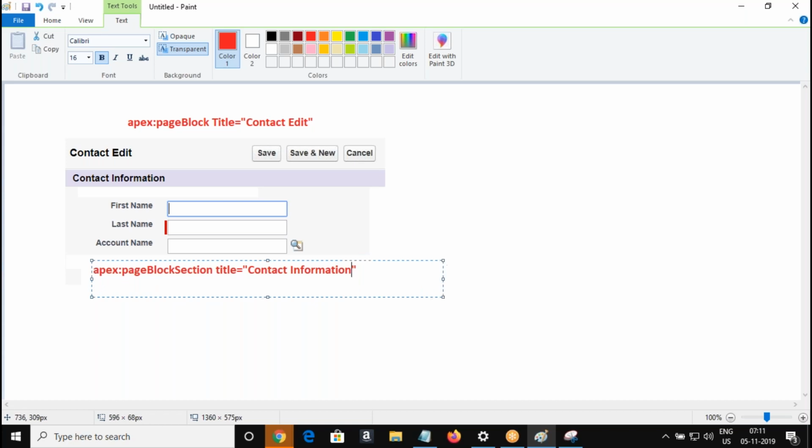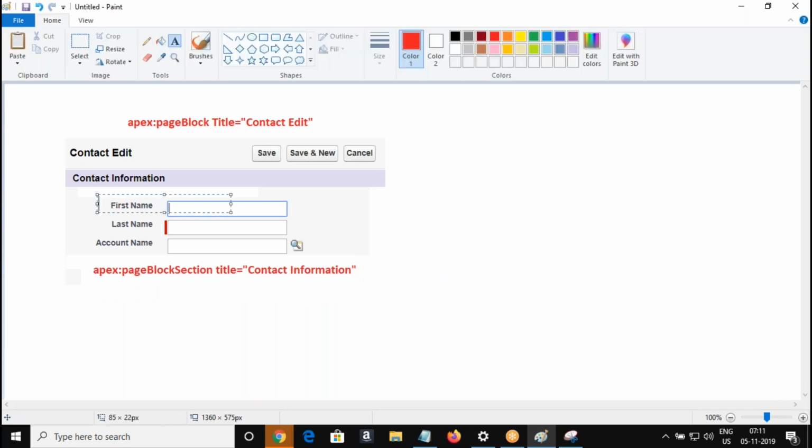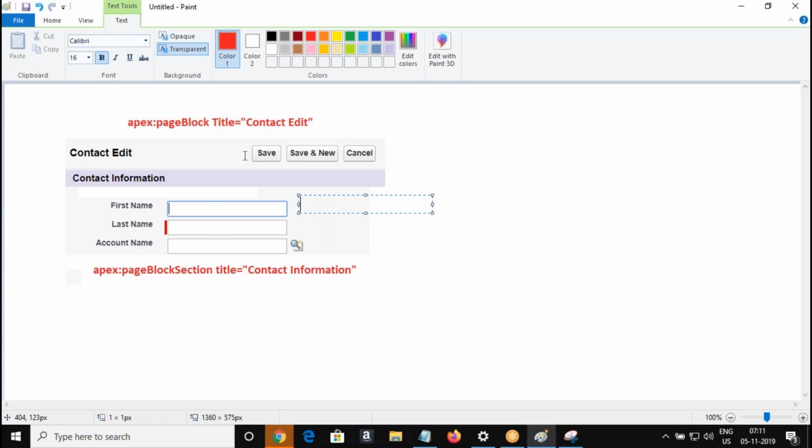Right. So how will you bring the label, and what component will you use to get input for an object field? Which input component can we use to get input for a Salesforce object field? Input field. And what is the page associated with? We'll use the standard controller.